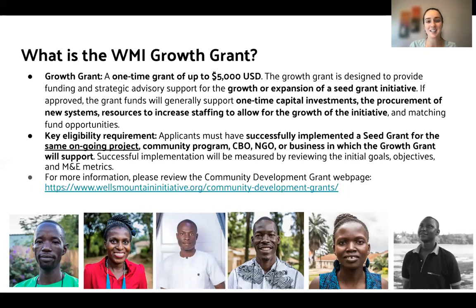We would just like to take a moment here to point out that the photos on this slide are the individuals, your fellow WMI graduate scholars, who have been awarded growth grants thus far in the program. We've had 2 application cycles for growth grants, and all of these graduate scholars are expanding their NGOs, their businesses, or expanding offerings at their secondary schools in their country.